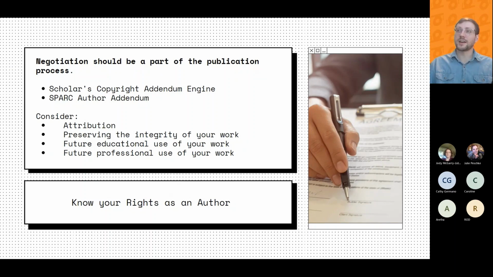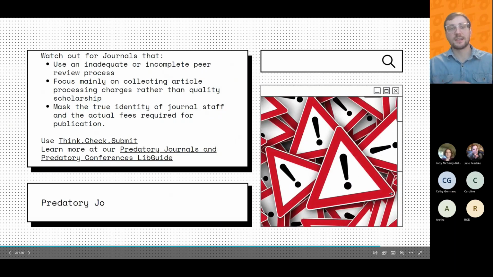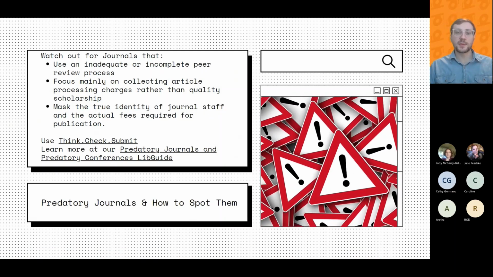Now, not all journals are good journals. There are predatory journals. So just like traditional publishing, it's a good idea to watch out for these. These predatory publishers, they'll present themselves as legitimate open access publishers, but they might use questionable practices. They might use an inadequate or incomplete peer review process.